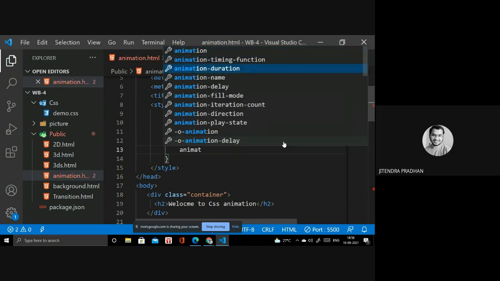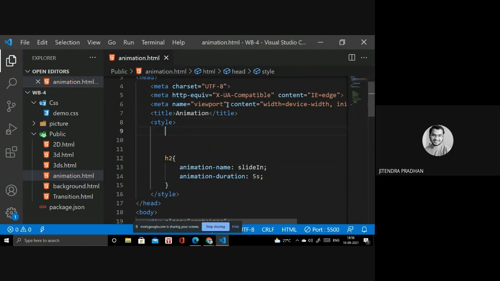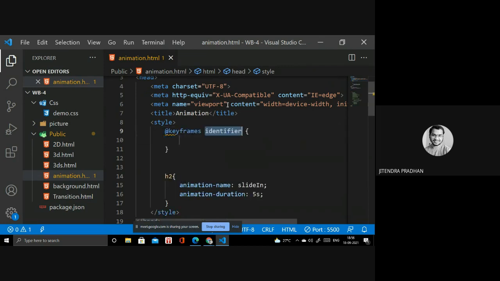Animation duration will be 5 seconds. Okay. So next I will design the keyframe as well. The keyframe identifier name is slide in. Okay, done. So next we need to write the from and to.